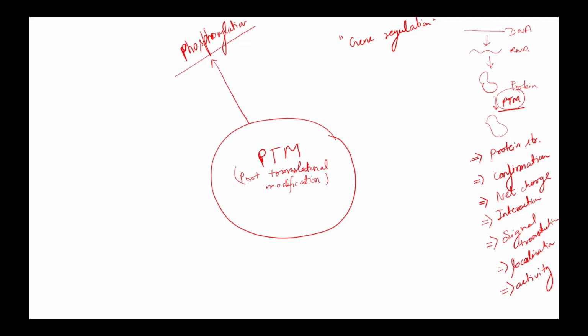Suppose one amino acid residue has no charge on it, and it undergoes phosphorylation, then it will become negatively charged because of the negative charge in the phosphate group, and that charge can now alter the interactions, localization, and activity, and make it inactive. Anything can be done. This phosphorylation is done by an enzyme called kinase,